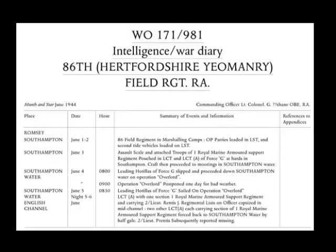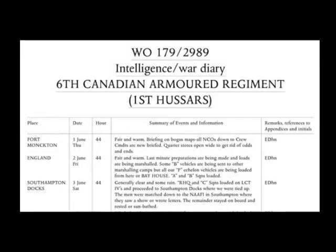The 86th Hertfordshire Yeomanry Field Regiment were also based at a camp near Romsey. They reported bad weather on the night of the 5th and 6th of June, with the liaison officer capsizing, and a Royal Marine Armoured Support Regiment forced back to Southampton water by a half gale. On Saturday the 3rd of June, the 6th Canadian Armoured Regiment, the 1st Hussars, proceeded to Southampton docks from Stokes Bay, Gosport. When they arrived, the men were marched down to the Naafi, where some saw a show while others